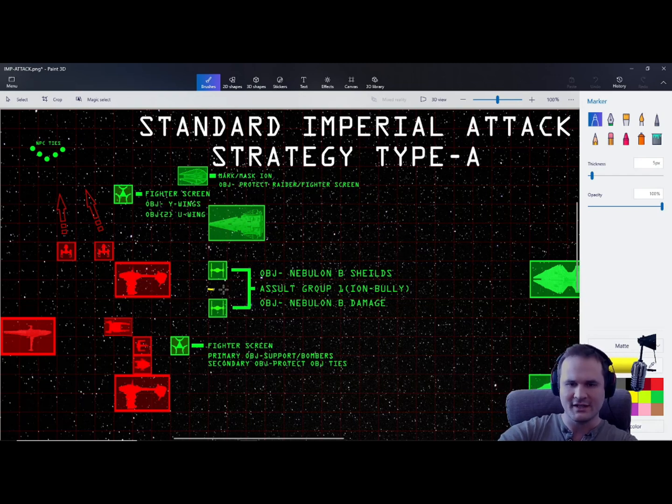Okay, now that we've discussed Assault Group 1 and the responsibilities of TIE Fighters 1 and 2 and the responsibilities of the support, we're going to move on to the responsibilities of the fighter screen. Now here's where things get confusing for most people. A lot of players, what I've noticed, is they will run a 4-1 setup. And what that means is they will run 4 TIE fighters, either TIE interceptors or TIE defenders or TIE fighters,